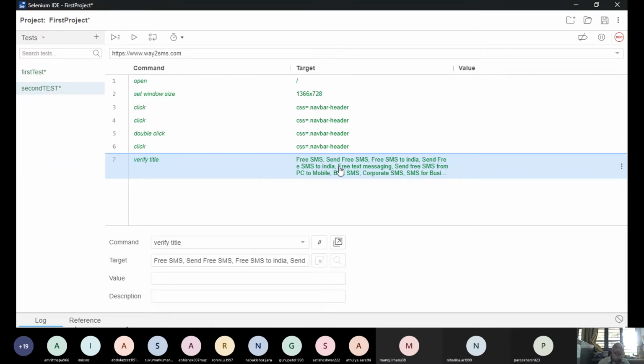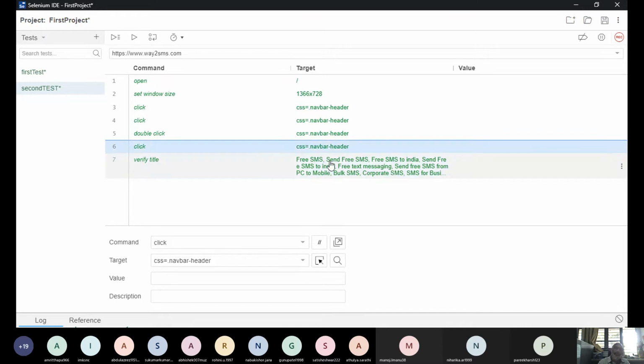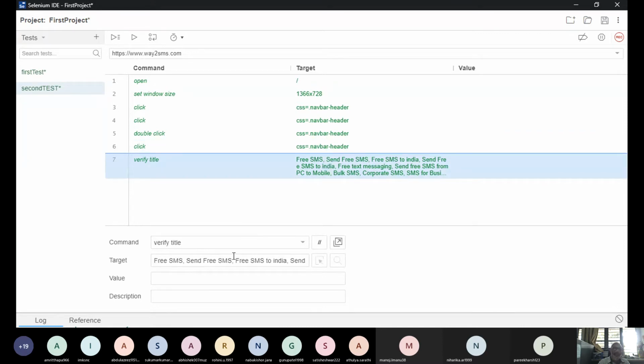How will it fail? I go to this particular verified title and target you have here. This is the actual title of the web page. Please understand, students. This is the actual title of that particular freesms.com web page. That is how it is designed.